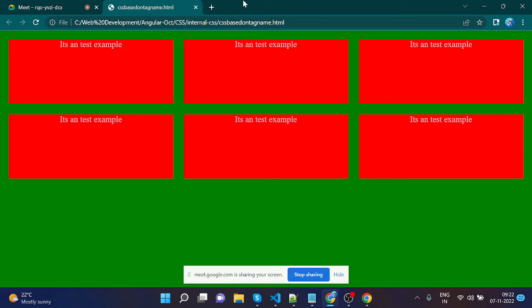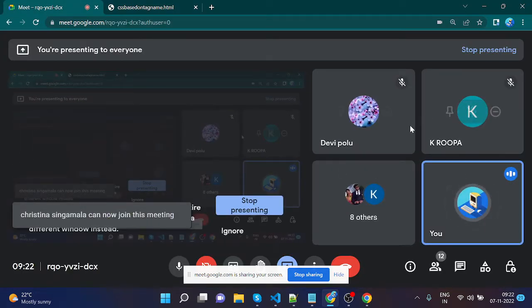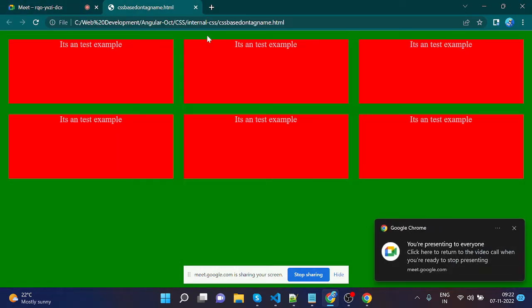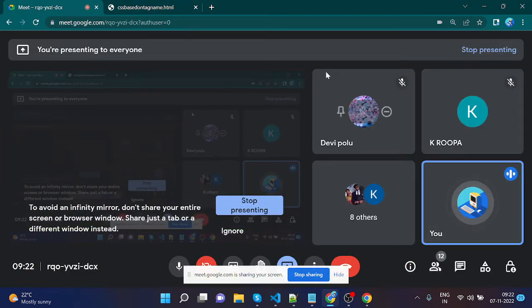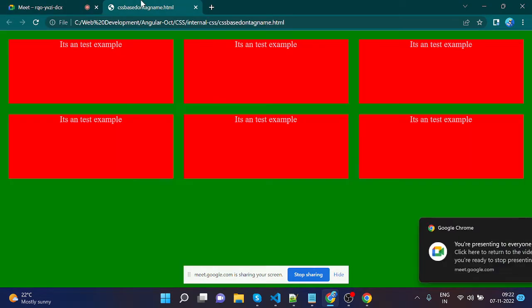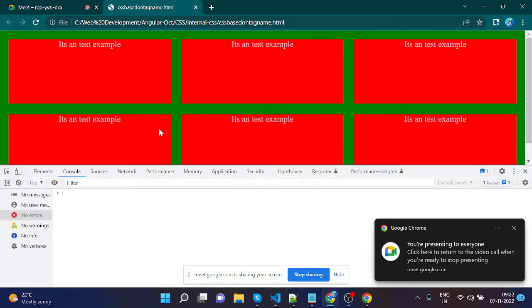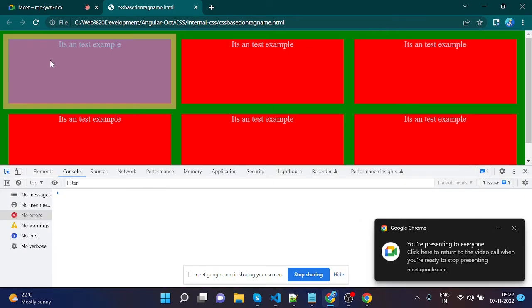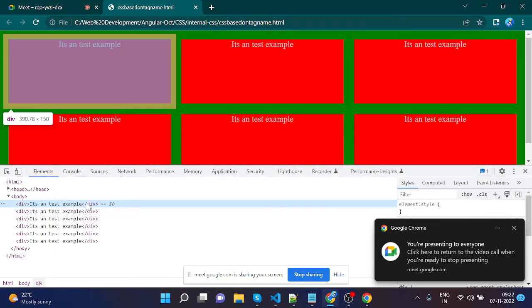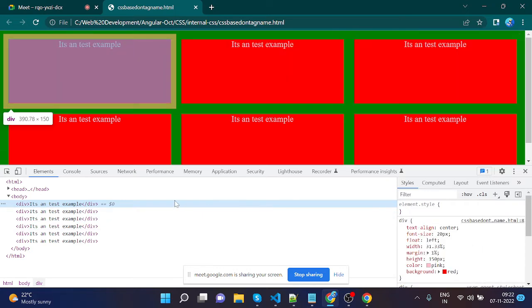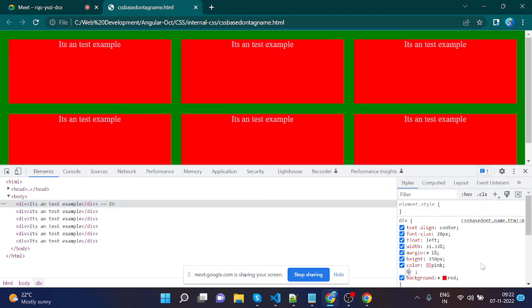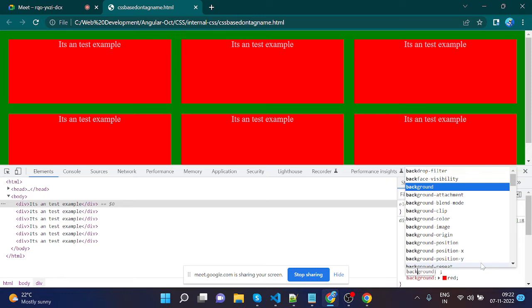You can see our participants are also showing in these cards. It looks like some curve, right? For that also we can provide our CSS. If we see now in the inspect, if we focus on a particular card, we can put our CSS in the inspect so that same CSS we can go and put